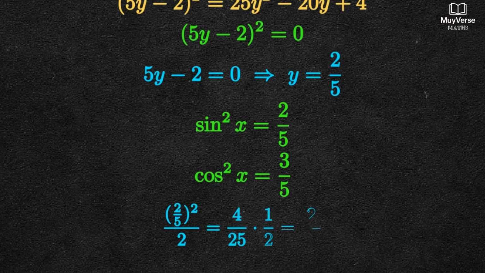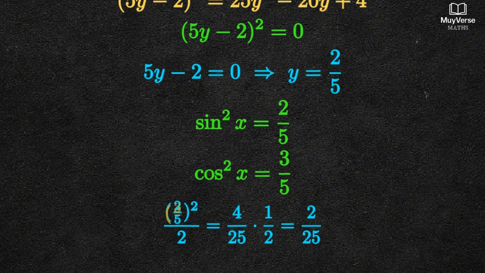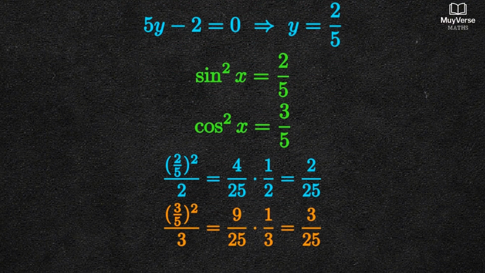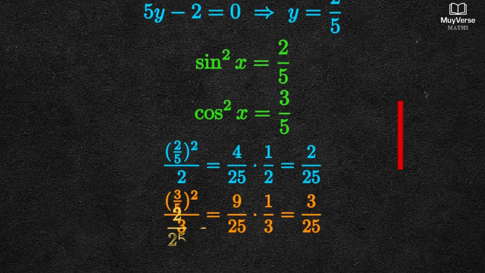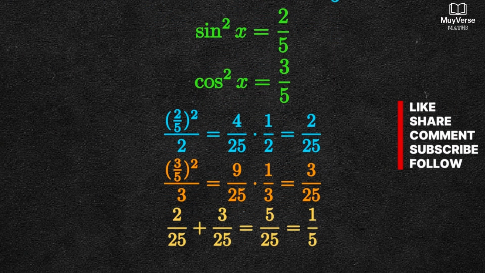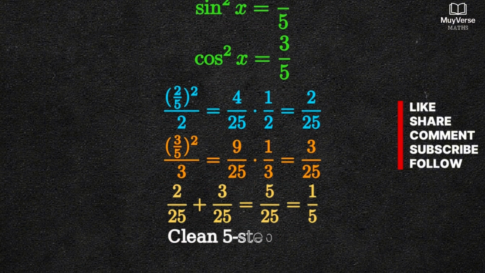(2/5) squared over 2 is 2 over 25. (3/5) squared over 3 is 3 over 25. Their sum is 5 over 25, which equals 1/5. Verified. Summary. Using the identity sine squared plus cosine squared equals 1, we reduced to a single variable, cleared denominators,